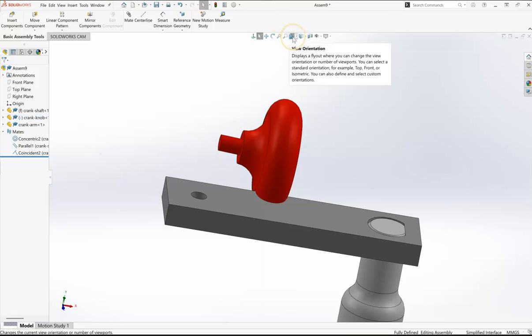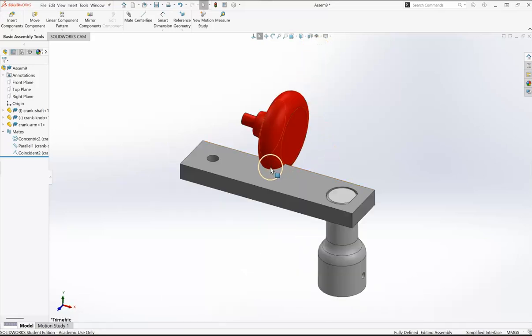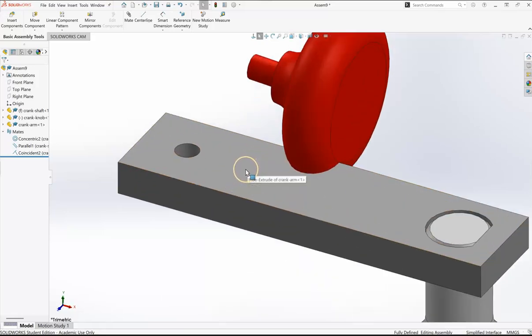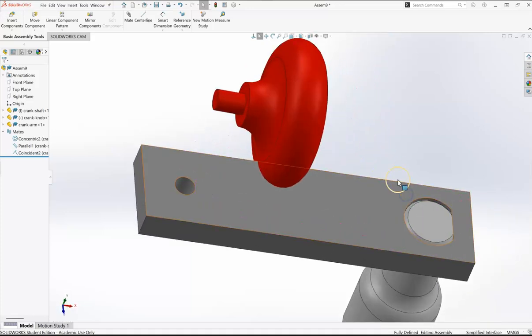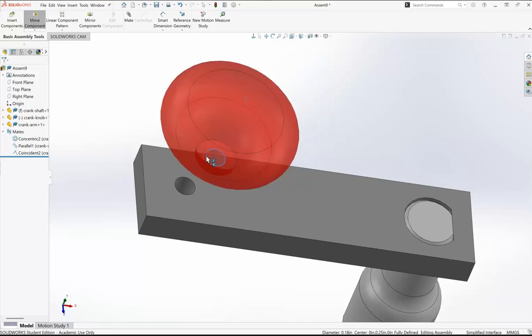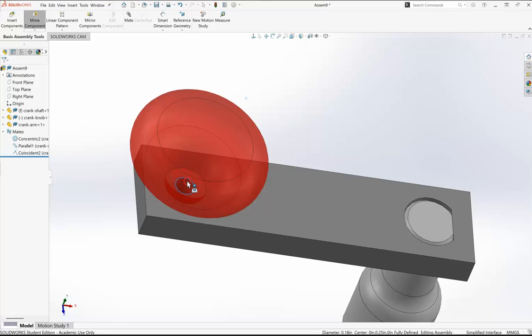And then I'm going to come up here and select an isometric view. I'm just going to turn this a little bit. And we're going to try to SmartMate this. So I'm going to hold my Alt key down, and I want to select this ring right here. I'm going to hold it. I'm going to bring this down, and you see it flipped orientation, and there I get my SmartMate. You see it changed right by the cursor to mate. And so I'm going to release my